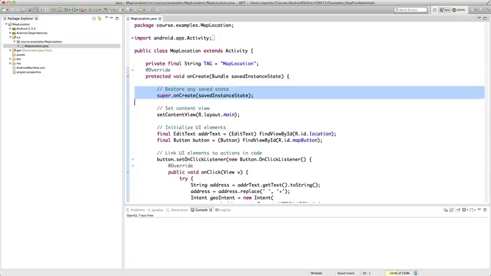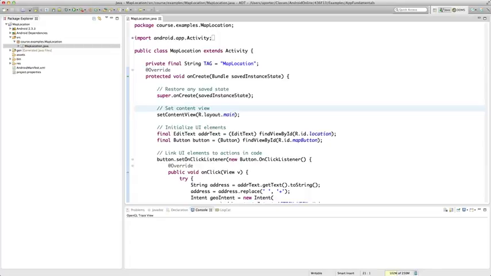The first step of onCreate is to call super.onCreate, passing saved instance state as a parameter. Now, this saved instance state is something of type bundle, and it's basically a data structure containing any information that Android might have saved from the last time the activity was running. We'll talk more about this next time when we dive deeper into the activity class, but for now, just be aware that onCreate has to call super.onCreate or you'll get an error. Next, there's a call to set content view, in this case passing in the reference of the layout file for this application,